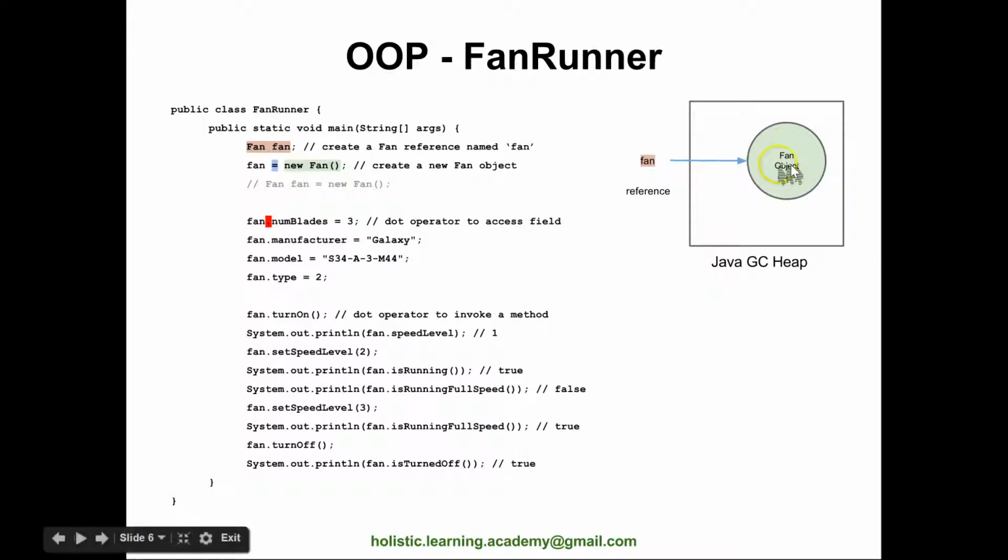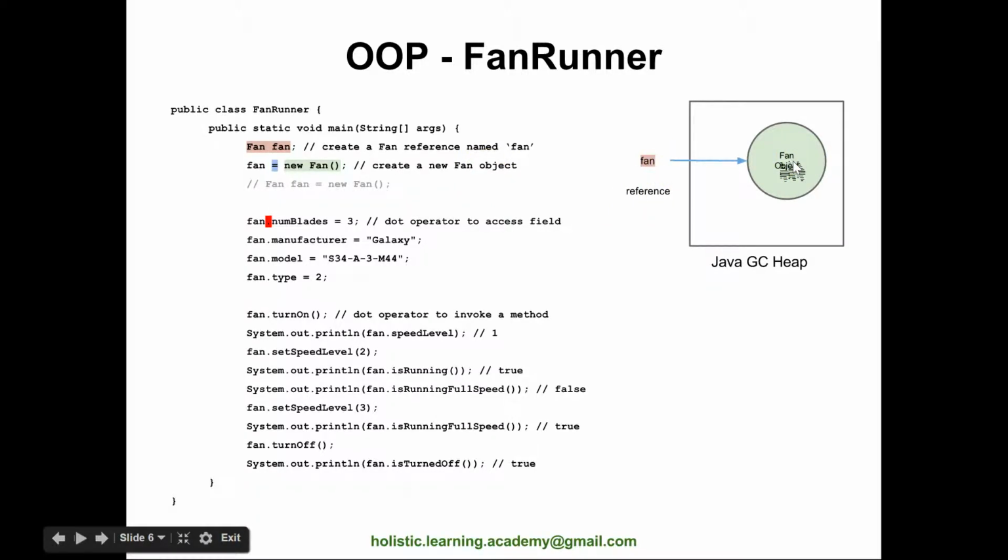And whenever we say new Fan, all it does is create this object, right? So this new Fan here that we did corresponds to this. When we say new Fan, it creates this object, and then whenever I say equal to, it takes this Fan reference. Here I'm calling it fan, in our code we just called it f, right? So it takes the reference and assigns it to this object.